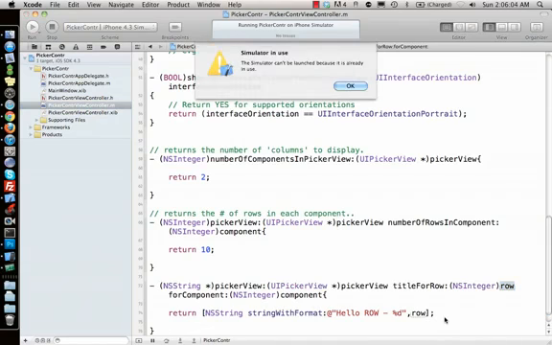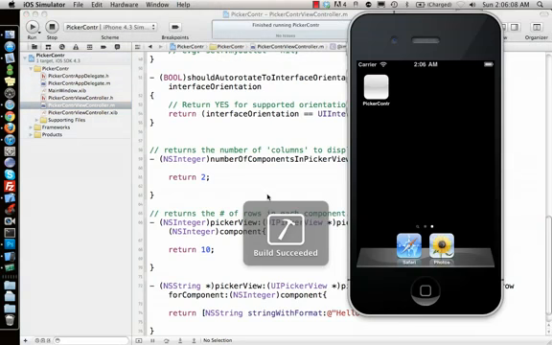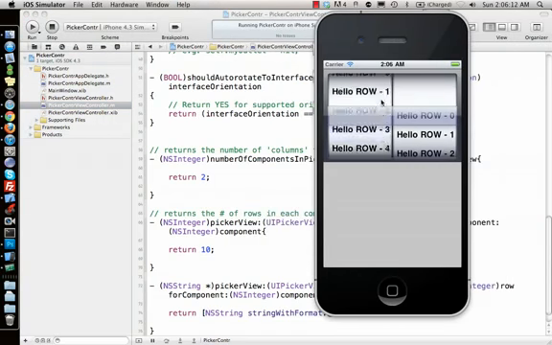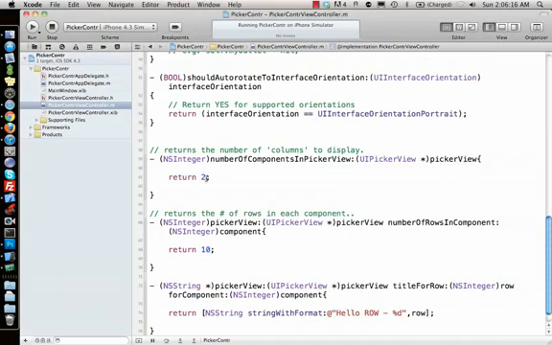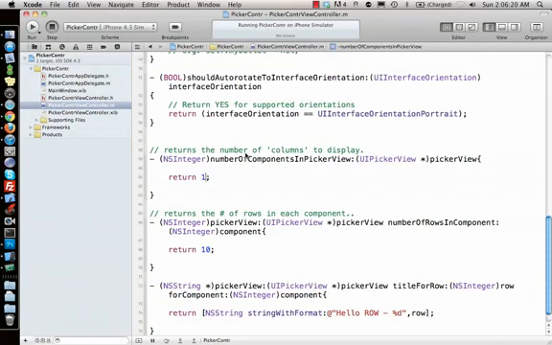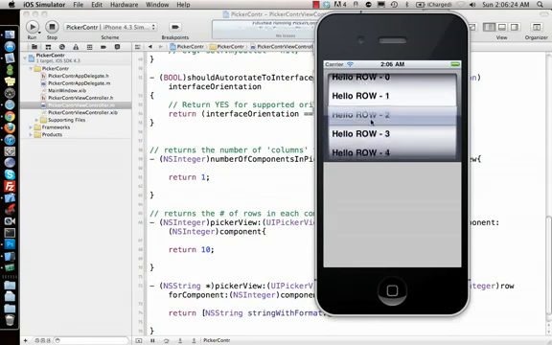Now if I run this, it will have Hello row 0, 1, 2, 3. Both components will have the same thing. Just have one for now. You can change it to as many as you want. So let's see how it looks. There we go. That's how a UIPickerView looks.